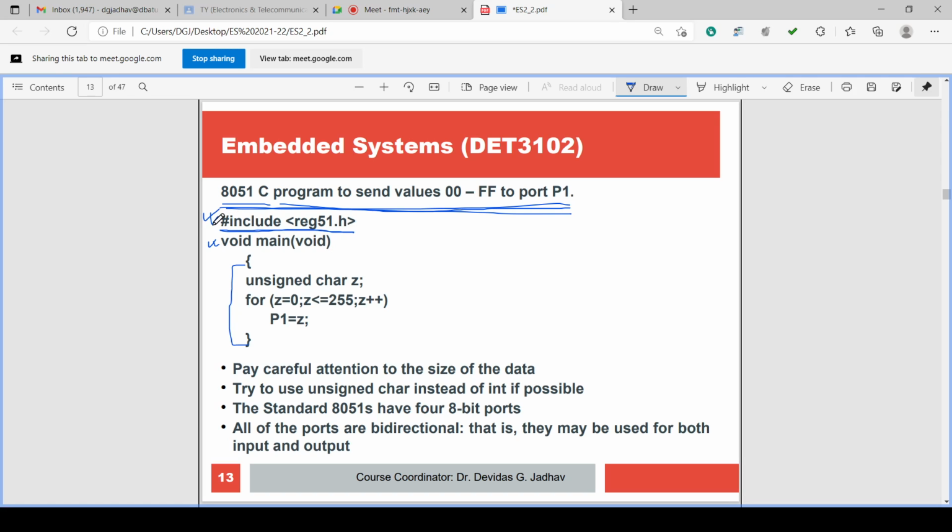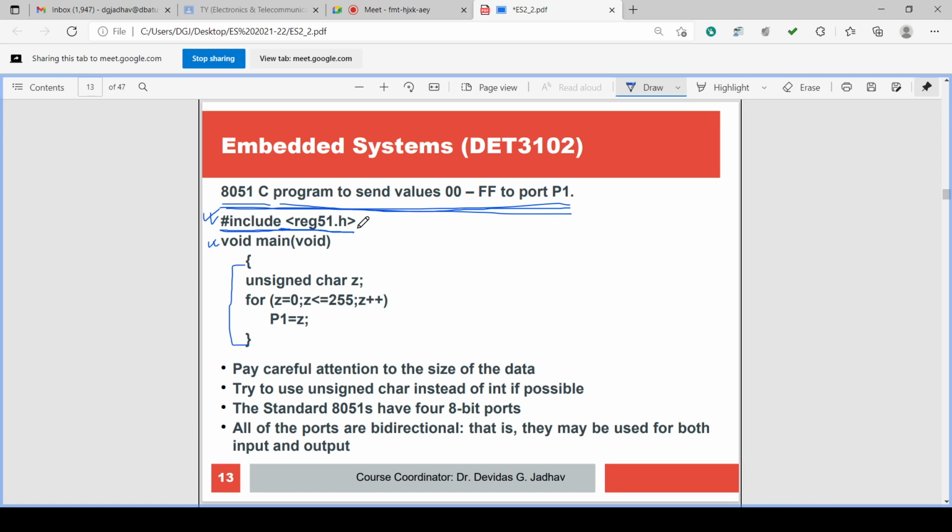This is the hash include. Less than and greater than symbols are used to enclose the file name. Between hash and include there is no space; after include there is one space.